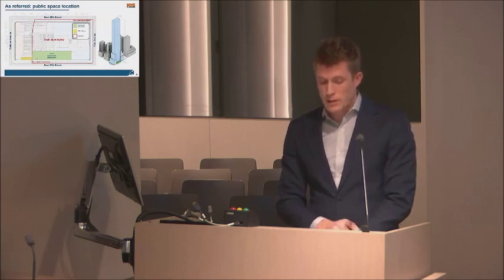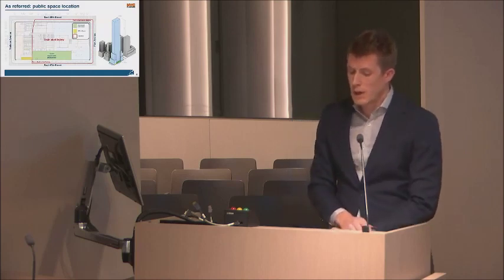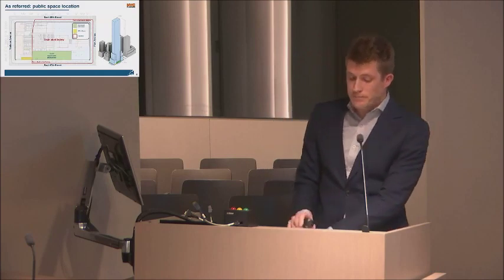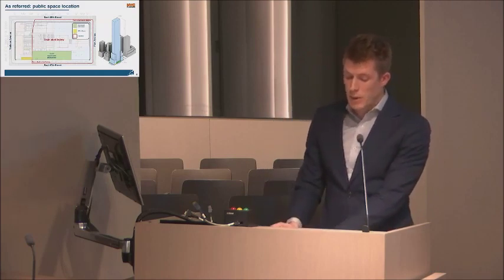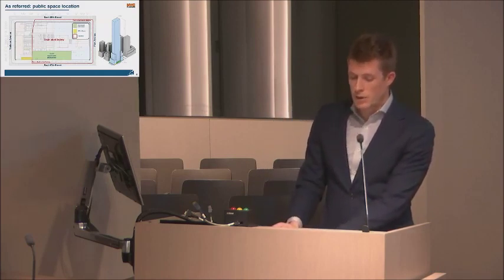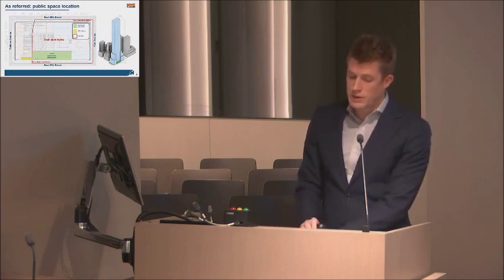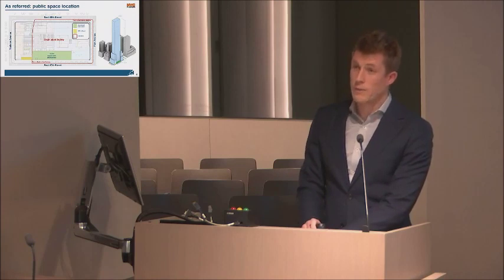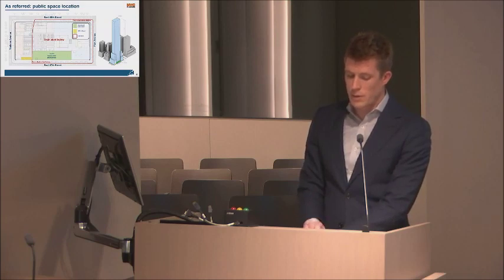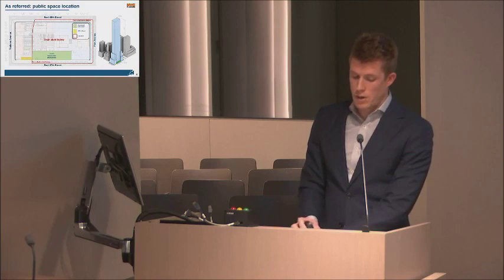So shown here in green is what the mid-block public space option might look like on the 270 Park Avenue site. The applicant indicated that this public space configuration would require the building to be designed with irregular floor plates that are undesirable for a contemporary Class A office building. To alleviate this issue, the referred application proposed allowing the public space to be located along Madison Avenue, where it could be co-located with the MTA entrance shown in yellow, which is outside the through lot portion of the site.